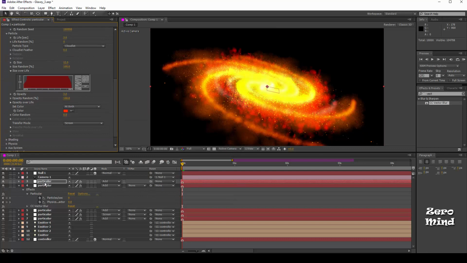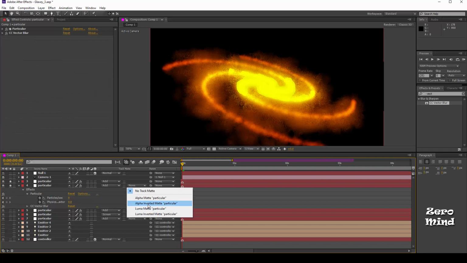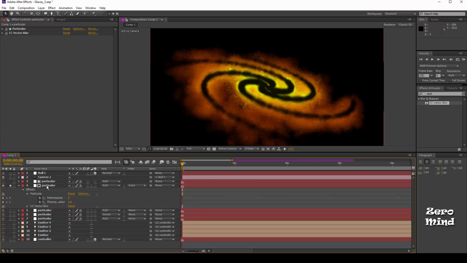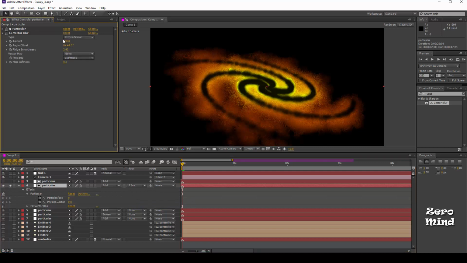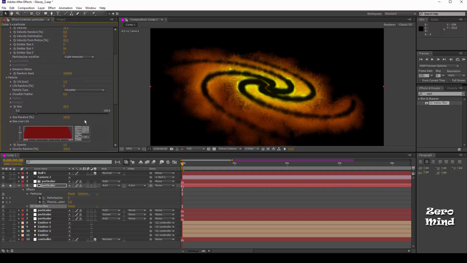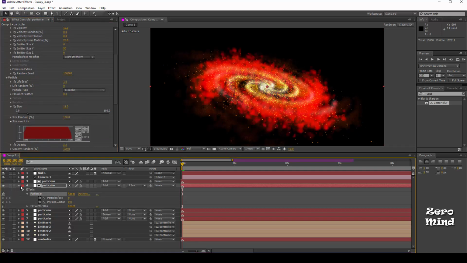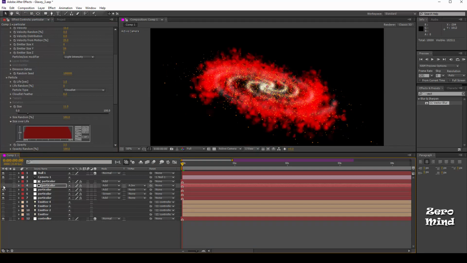Now track matte this layer, select alpha inverted option. Let me tweak the vector blur amount, see some, okay, the angle and the size, cloudlets. And change the size up to 11, something like that. Now you can see the motion vector blur and track matte adding new ambience effects in the galaxy.